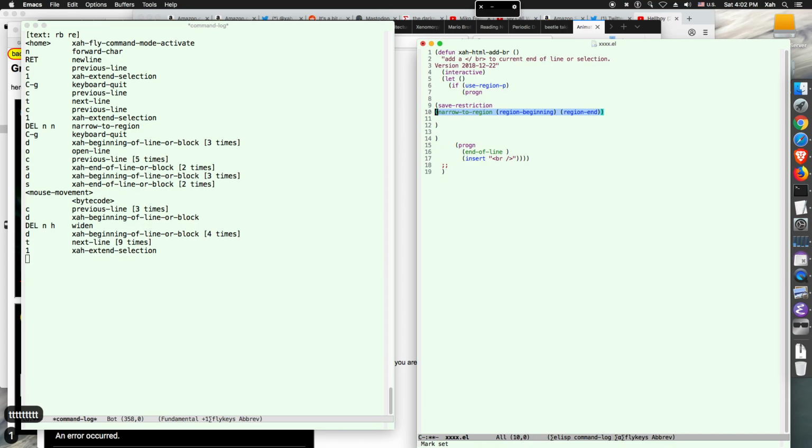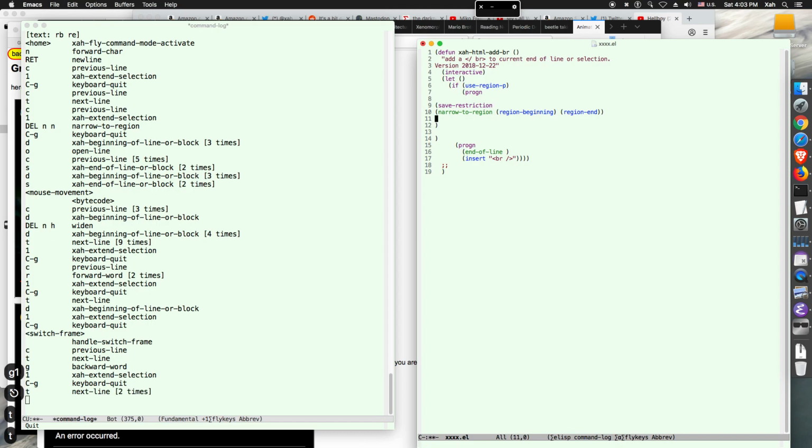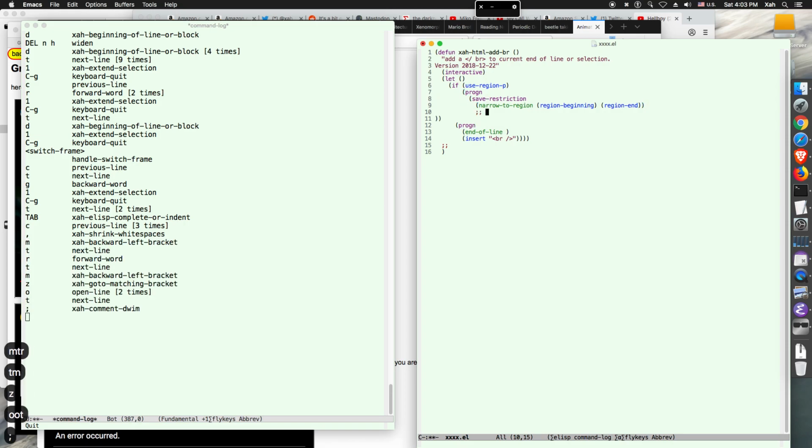So what's save restriction? That means once you're done with your region, you want to basically widen, remove the narrow to region, and in Emacs Lisp you call save restriction. So program save restriction, narrow to region, that's right. And then